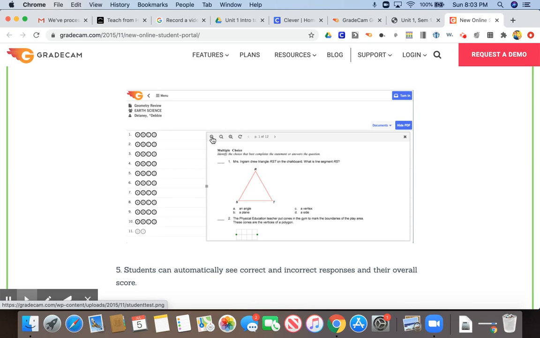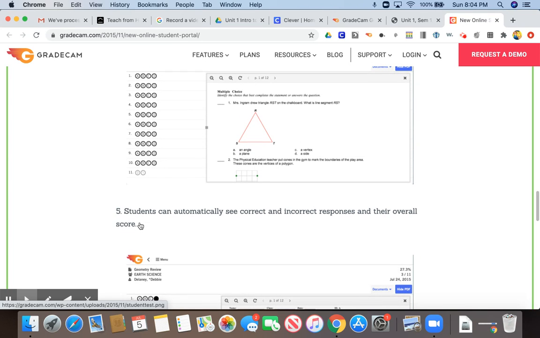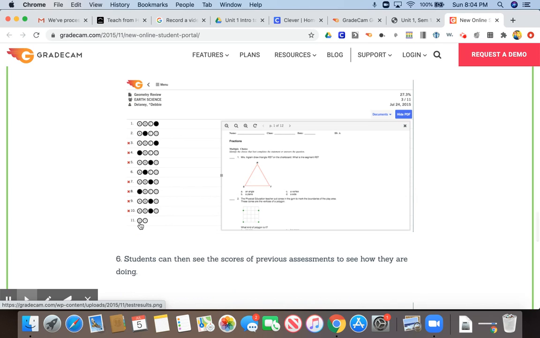But it's important to tell students that these are here, the zoom in and zoom out, and to make the screen wider, because the initial appearance of the document will be very small. So they'll have to enlarge it in order to be able to do this online. And then they'll see your PDF of the questions, they can fill in the answers, and that's exactly how students take their test. Now you can see after, if you've allowed them to see their responses, it can grade them and show them those examples